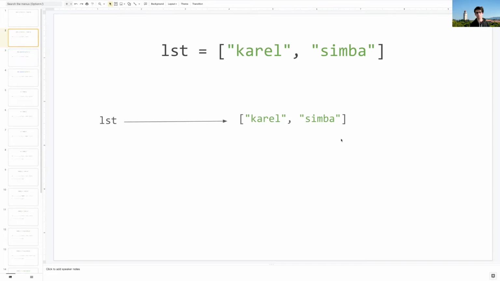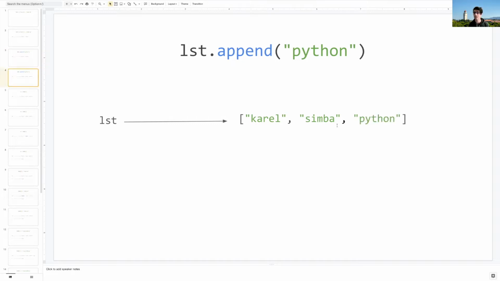So let me show you how that works. I might, for example, want to append to this list, which means insert something at the very end of the list. So over here, for example, I want to insert the string Python. Well, I call the .append function, and what happens under the hood is I follow the arrow from LST over here to the list itself, and then insert Python at the very end of that list. That's a really helpful thing to be able to do, because it means not only can we store multiple values inside a variable, we can change what those values are.